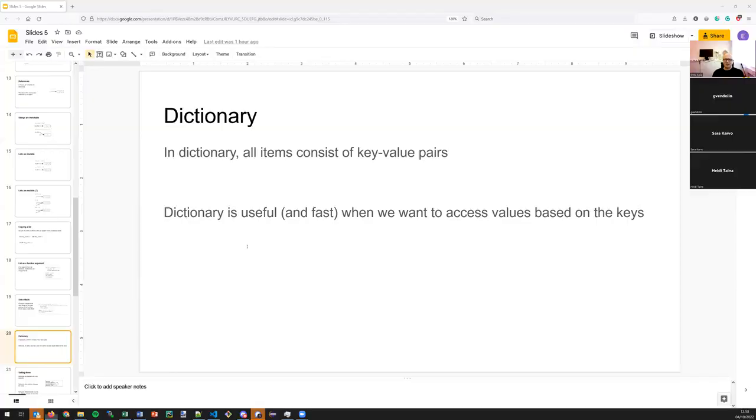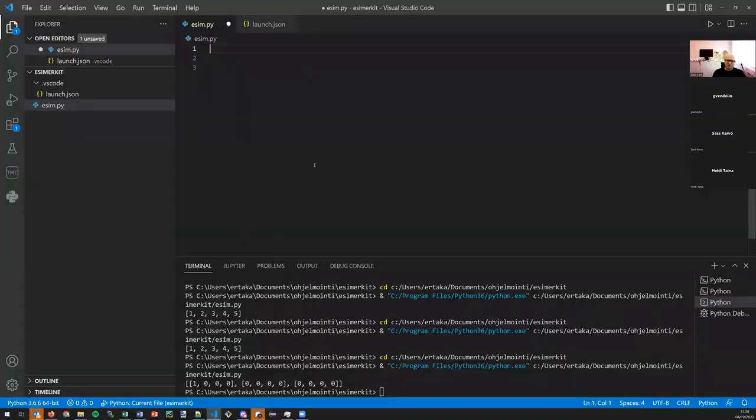And let's see a couple of examples before we talk about more, because this is, again, quite abstract. So let's have something like a persons dictionary. And now when we create a dictionary, instead of square brackets, we use this,